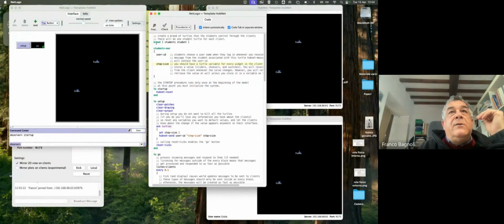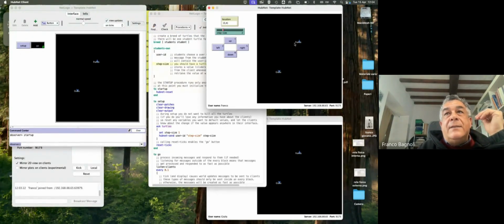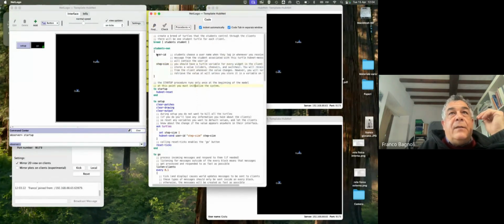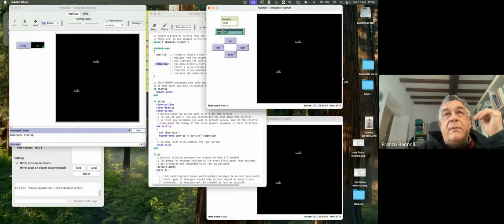Okay, so you see that we have students, and we own user ID and step size, which is this one. But actually, this is not the NetLogo interface. I cannot edit from here. I have to edit, I shall show you, from this